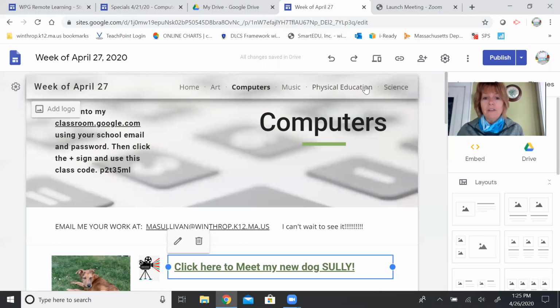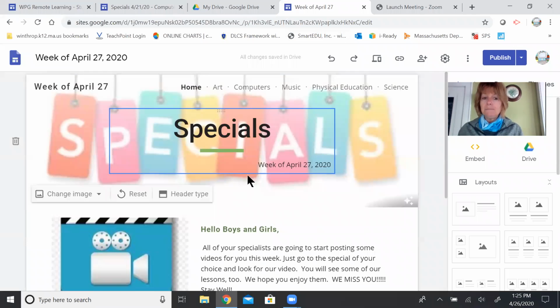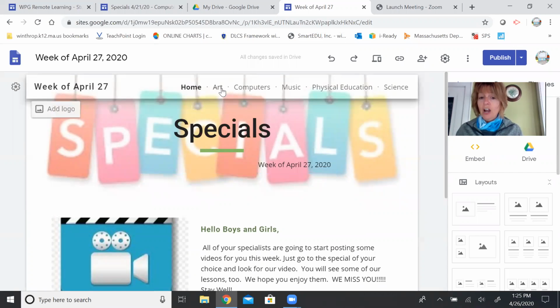And for the week of April 27th, this is your activities for your specials. So there's art, computers, music, physical education, and science. So you pick one that you feel that you want to do for the day. There's one for each day of the week. So I'm going to take you to computers,